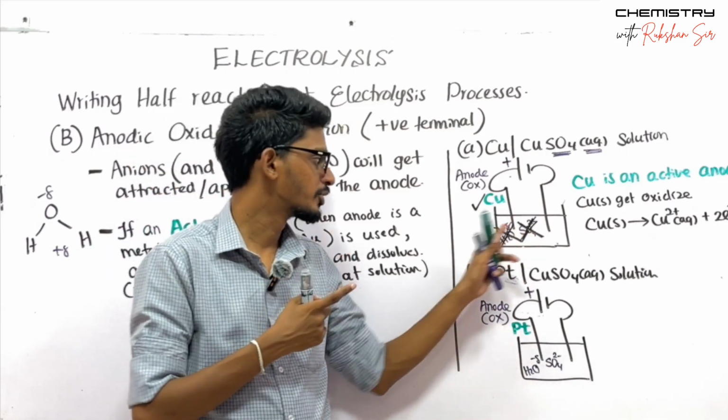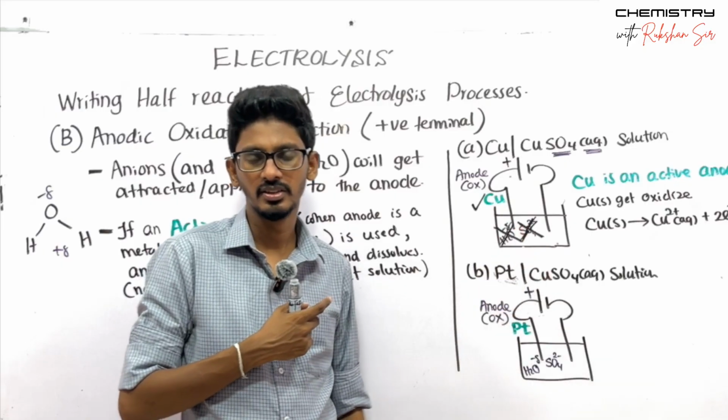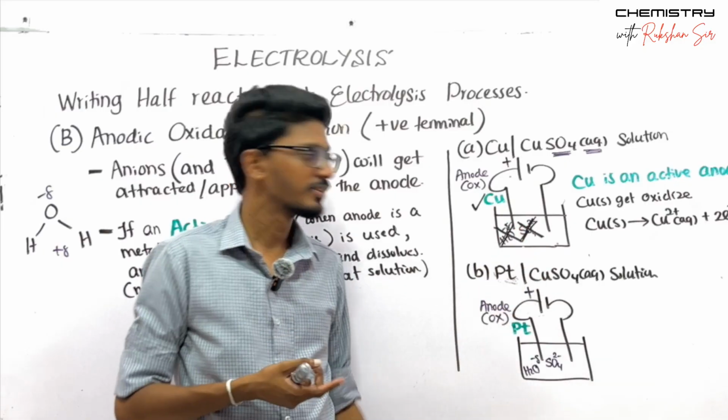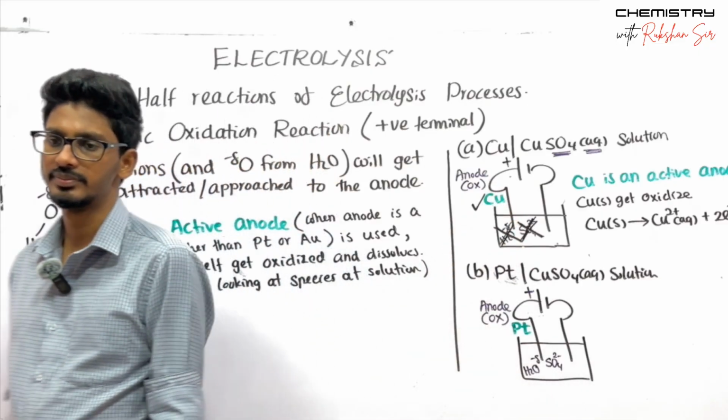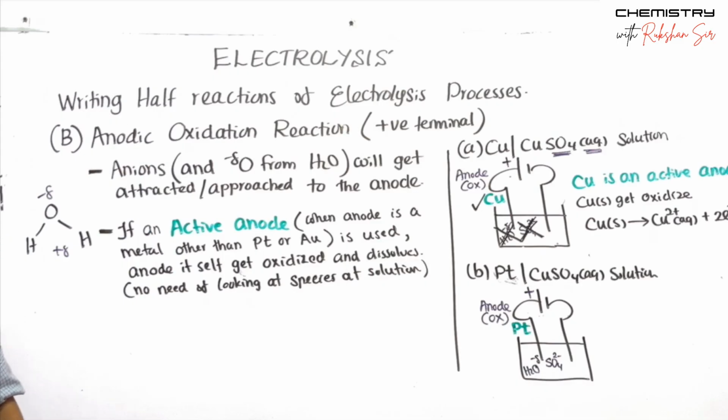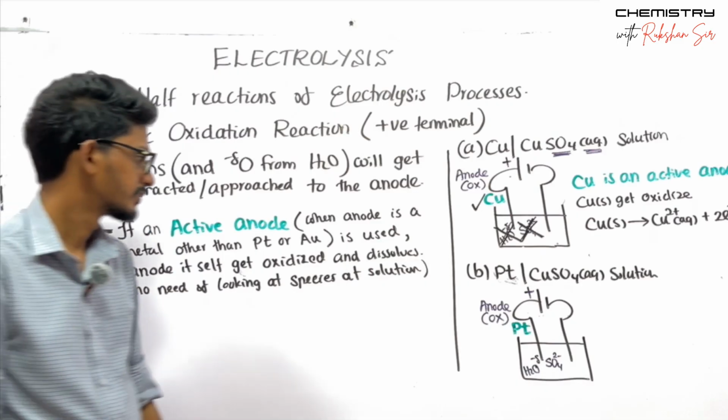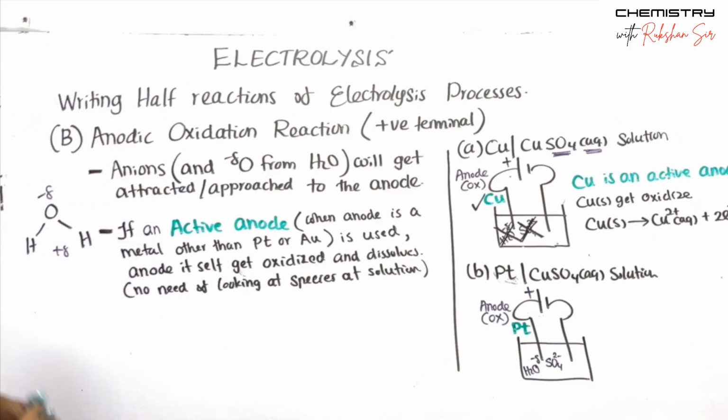The species in the solution are actually non-metals, right? Compared to non-metals, the metals are very keen to get oxidized and release electrons. That's the point there. Okay. The second thing,